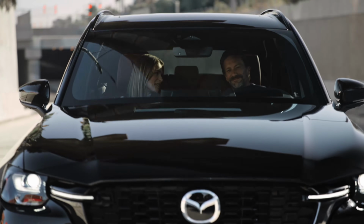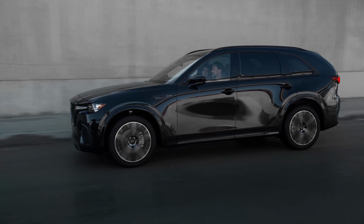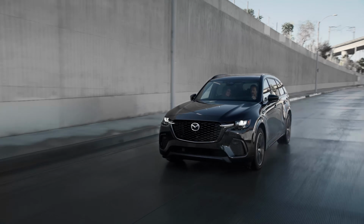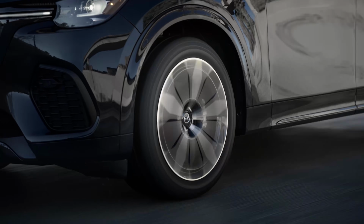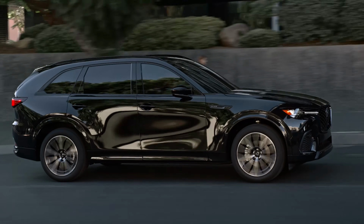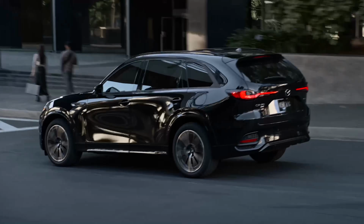You get even more blacked out finishes on the exterior, including the door handles and the pillar garnishes. Premium is also going to get this contrasting silver valance on the front bumper cover. Okay. And the premium is also going to get you the full 12.3-inch digital gauge cluster. And this is where you also get the 12-speaker Bose audio system, which genuinely does sound